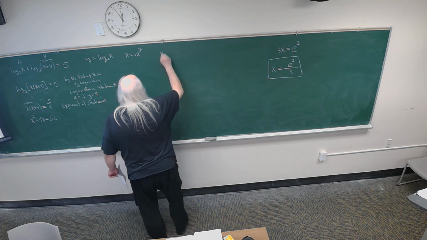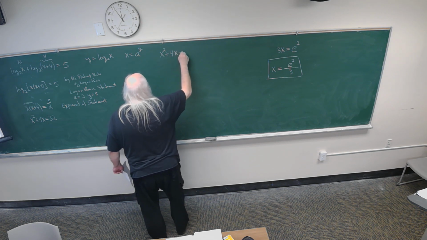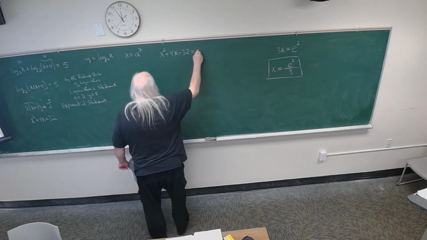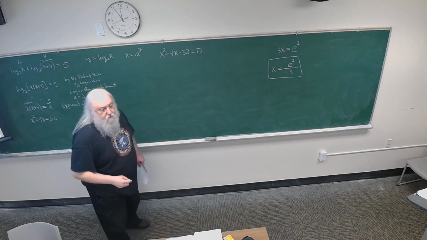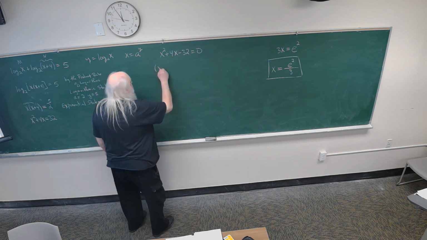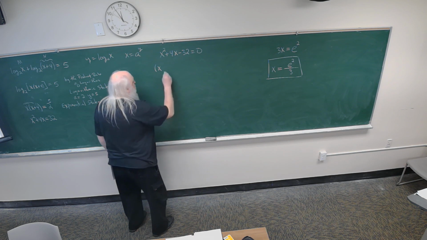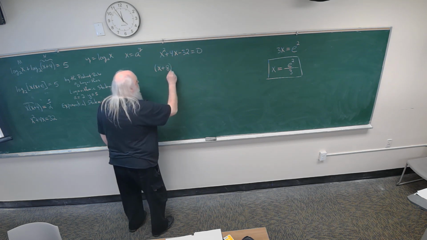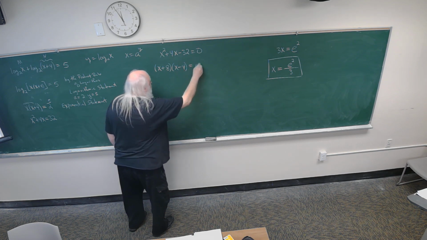So we subtract 32 from both sides. And now we can factor. Now you could use the quadratic formula, right, if you're having difficulty factoring. But this factors into x plus 8 times x minus 4